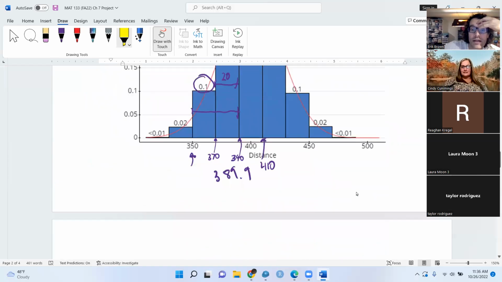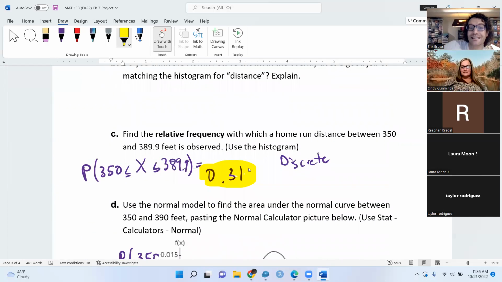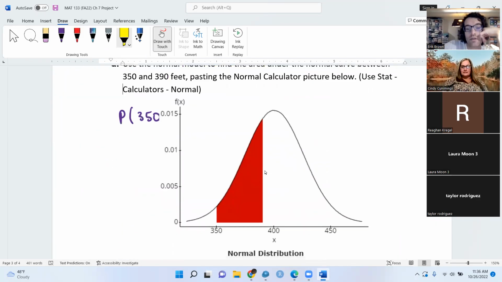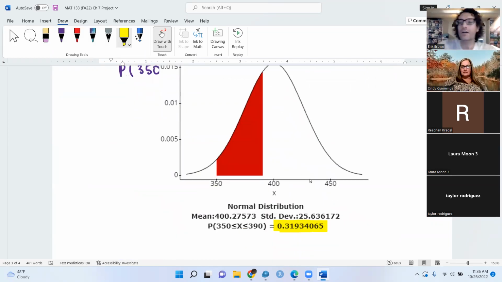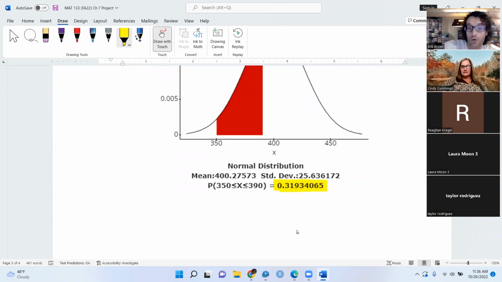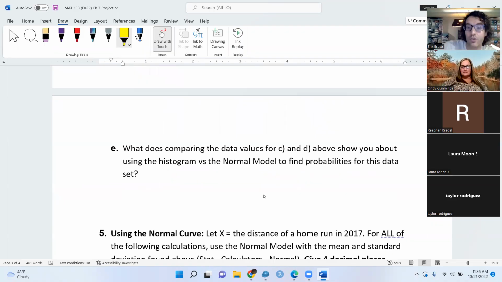So we calculated the exact percent of values between 350 and 389.9, and it was 31%. Then we used the normal distribution to approximate it, and it was really good. We're off by about 1%. So yeah, what you said is really good. The normal curve is a really good approximation for normally distributed data sets. We can use the normal curve instead of the histogram if we want,